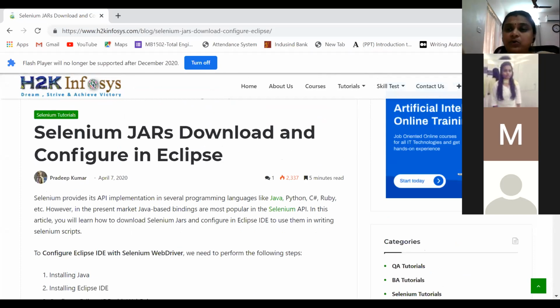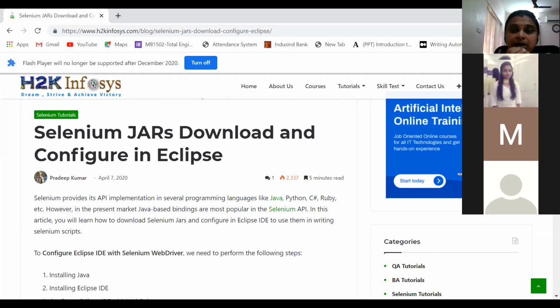Now, what we are going to try is, Selenium supports different languages and platforms. So we are going to use Eclipse and Java for it. Selenium works with different things as well. Understand it this way: Selenium is actually going to give you an API implementation, so it can be offered in several programming languages, Java, Python, C#, whatever.